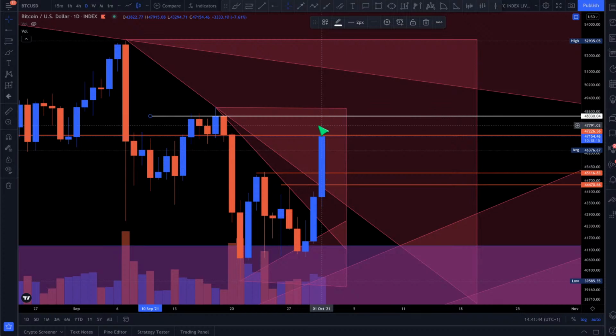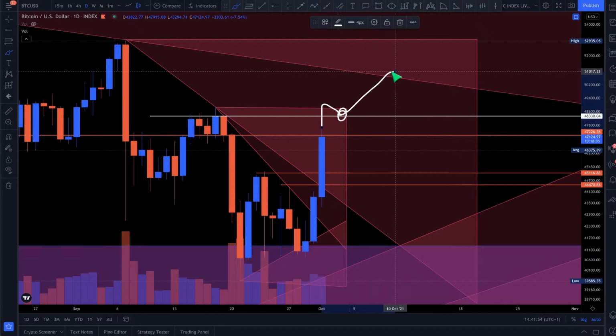So baby steps. We have to stay above 45. That's awesome. And if we do try, we should test the 48. And if we can go above the 48, say for example we pumped above and closed here, that's extremely bullish. I don't know, 2x more bullish than bullish. But if we also came here and then had a bounce, that's also bullish. So don't worry about that. Ultimately, the whole trend is bullish.